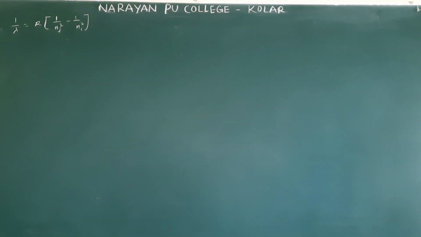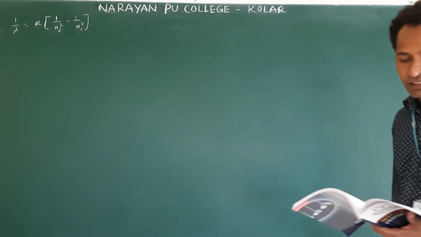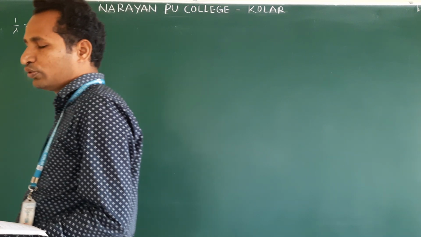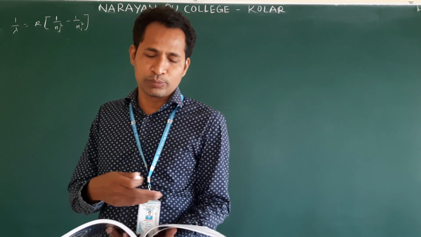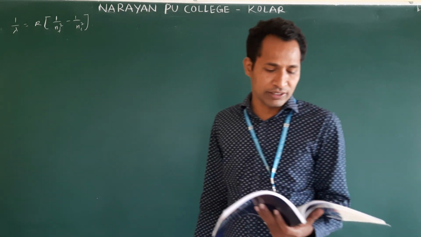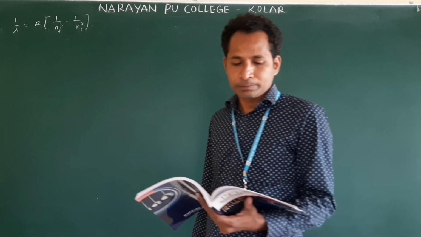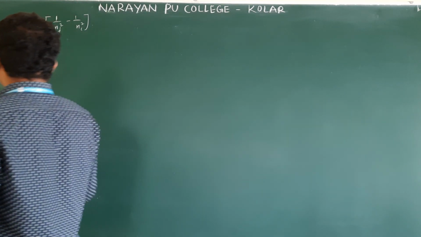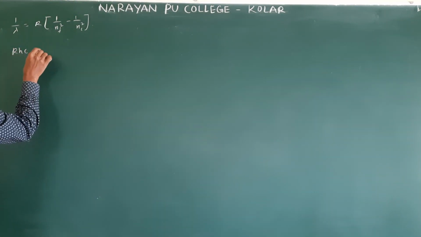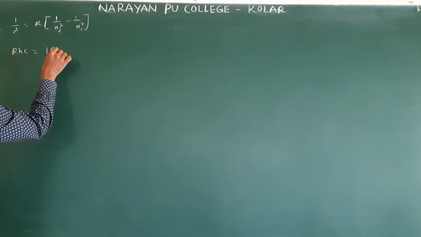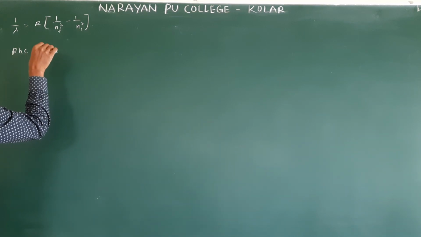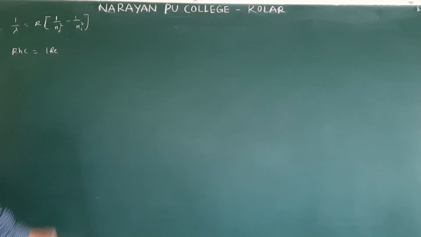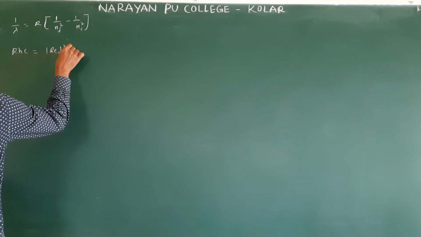Okay. And next, here in the textbook they have given the Rydberg constant as 1.03, but here they have given 1.097 into 10 power 7 per meter. No matter. We follow the textbook, but in the solutions in this book we will follow 1.097 into 10 power 7 per meter. Okay. And one more important point is there: Rhc is equal to 1 Rydberg. Here, I am talking for hydrogen. 1 Rydberg. Remember this one. Only for this.